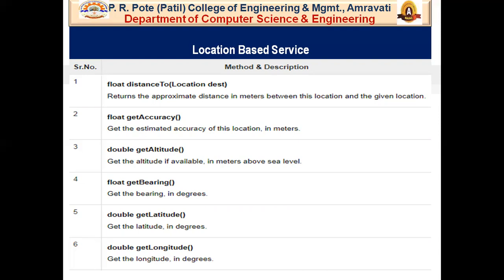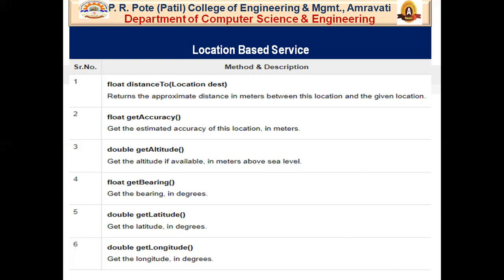Now you know that Google Map gives an approximate distance in meters between the source location and destination location. Then float getAccuracy. This method gets the estimated accuracy of this location in meters.